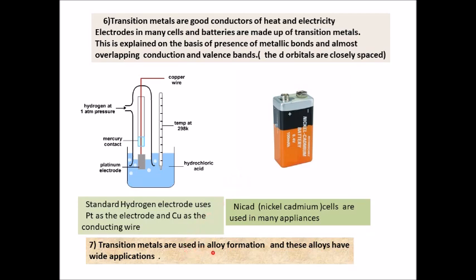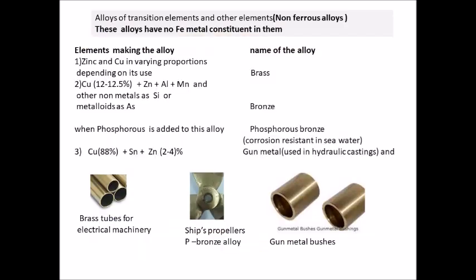Now, the alloys which we had studied earlier, the interstitial compounds, can also be non-ferrous alloys. Sometimes the transition metal atoms have the same size as that of the other metal atom, maybe transition or maybe not, and then these other metal atoms can easily replace some of the transition metal atoms in their crystal lattice. Let us see how. And they can form different alloys.